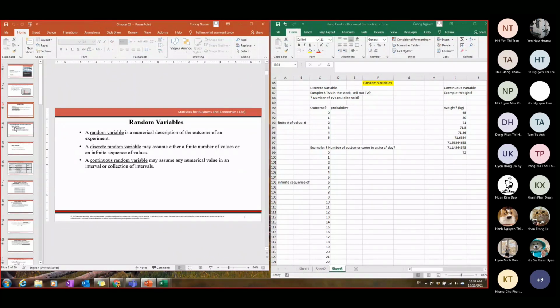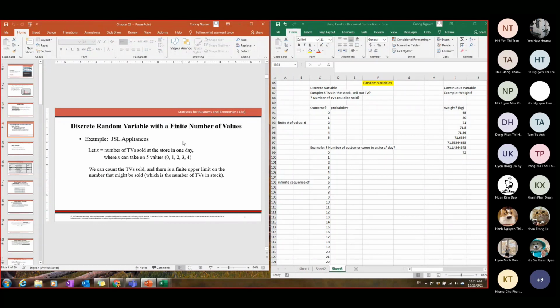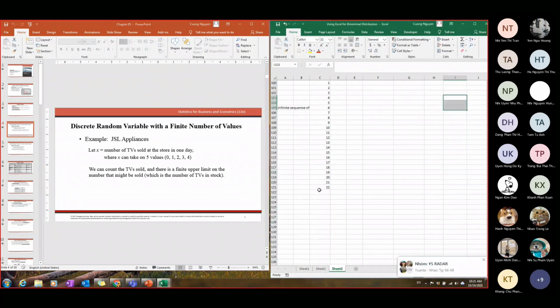Right, so that should be the basic about the random variable, and they provide some kind of example about this one. My friend here talking about the market all the time, and right here I'm not teaching for you.